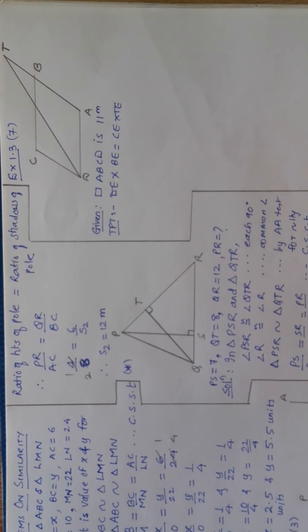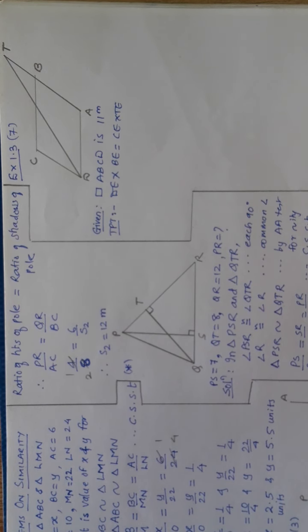Now coming to question number 7. I have just drawn the figure in inverted manner only to save the space, nothing else. Rest all things I have kept same. So here, if you see, the given part has a very important thing, that is quadrilateral ABCD is a parallelogram. So immediately when the word parallelogram comes, I will try to recollect all the things. If it is a parallelogram, then opposite sides are parallel by definition. So I can get CD parallel to AB, which in turn becomes CD parallel to AT, right?